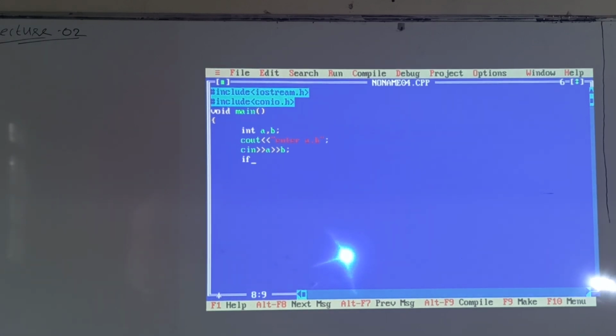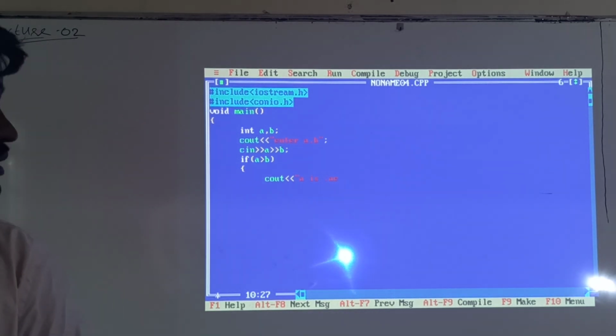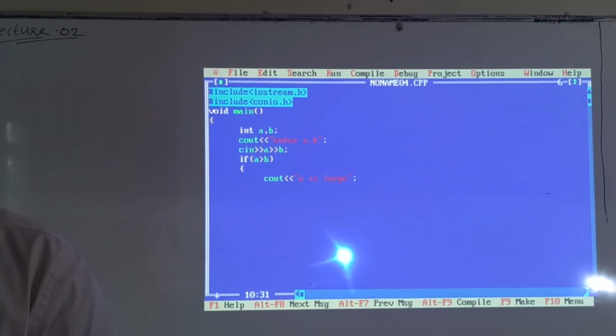If a is greater than b, cout a is large. Else cout b is large.